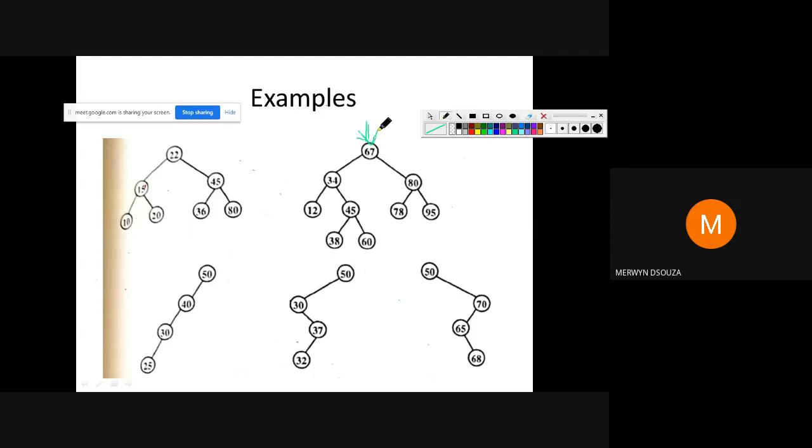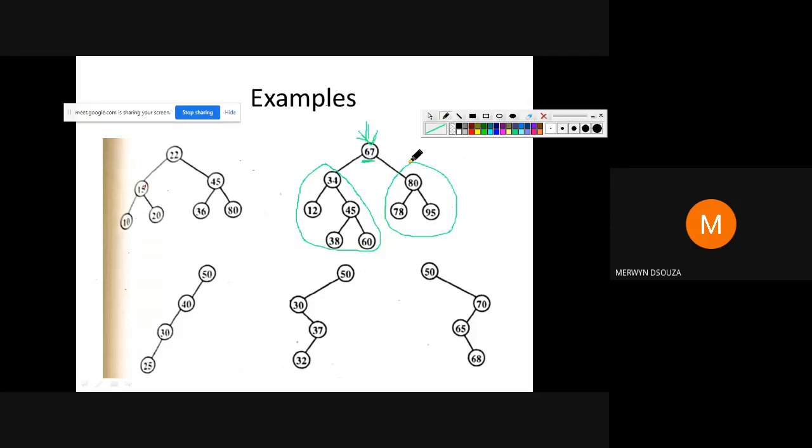Okay. The value on the left of this root node will be less than this value. The value of this left child will be less than this. Not only the left child, all the values on the left subtree will be less than this. Okay, so you take this entire thing as the left subtree. All these values are less than the value of the root node.